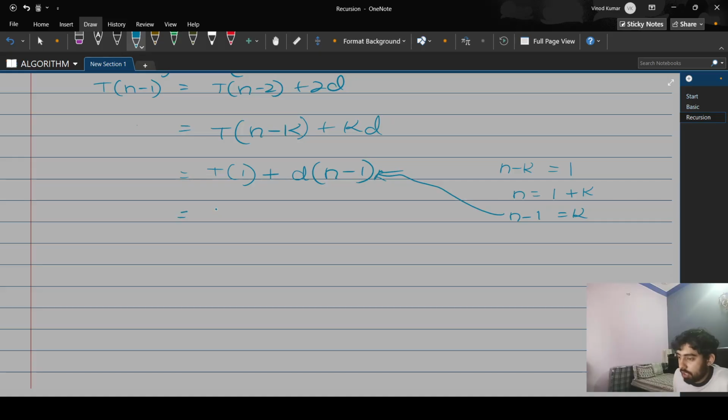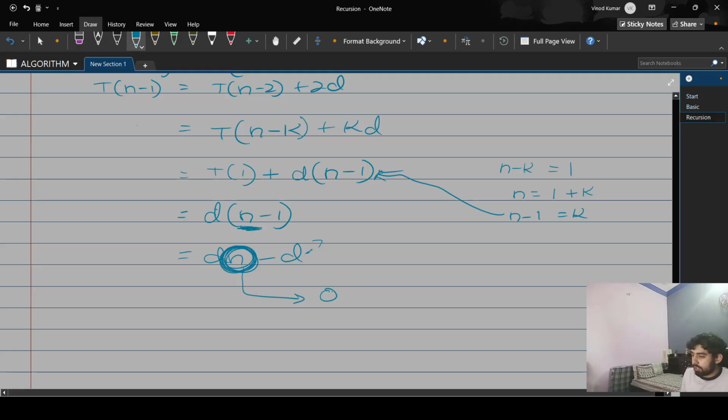Now we have got T of 1 minus 1 and d of n minus 1. You can open this more if you want to, or else you can directly conclude the answer from here itself. We are concerned about this. These are the constants, d and all. These are the constants that we took the assumption of before. This is the constant which we can say is big O of n, and we can also say this as theta of n, and also